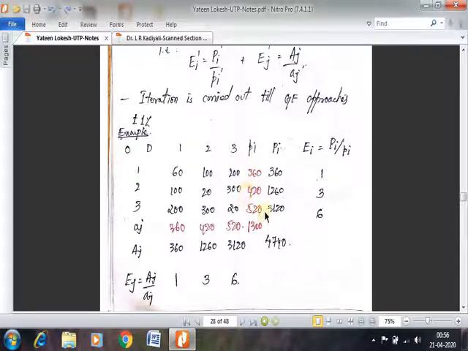These are the total number of trips that are getting generated from zone i. On similar grounds, you will be calculating the total number of trips that are getting attracted to zone j. So 60 plus 100 plus 20 is 360. Summation of all these is 420 and summation of all these is 520. Sum total of all these, that is sum of Aj, is equal to 1300 and sum of pi again is 1300. That means that whatever trip is getting generated is getting attracted among these three zones itself.